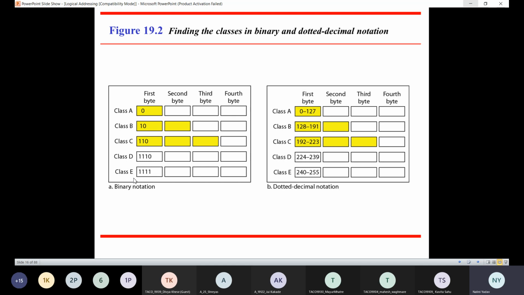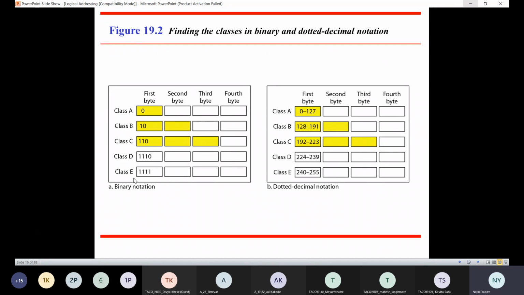So for class A, my first bit will be 0, class B 10, class C will be 110, class D will be 1110, and class E will be 4 times 1. Similarly, when I go for dotted decimal notation,